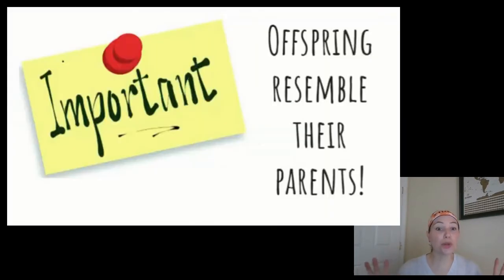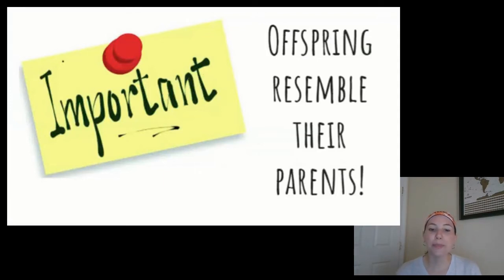Here is some super duper important information, friends. Offspring resemble their parents. I know there are some words there you probably don't know. Can you take a guess what they might mean? Offspring resemble their parents. And offspring is kind of a funny word because it has nothing to do with off or spring. It just actually means the child or the children of a living thing. So that could be a baby human, a baby animal, or even the seed of a plant. Those are all offspring, okay?